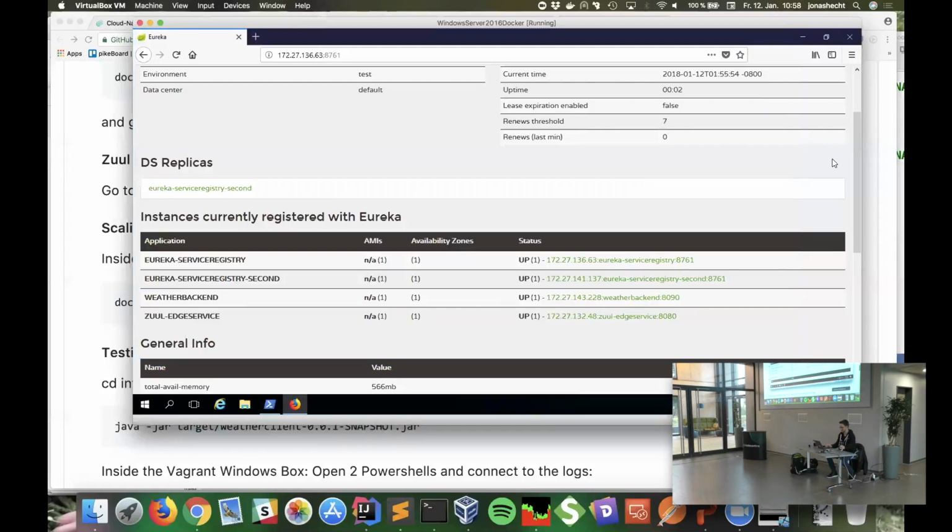Right. And it's also built a bit like this Spring Cloud thingy, that you use Eureka in different time zones and different global cloud centers. So if we have a look, I said we have this second Eureka instance.